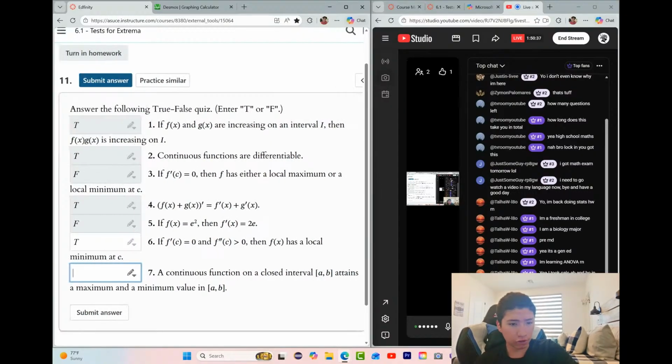A continuous function on a closed interval [a, b] attains a maximum and a minimum value in [a, b]. Attains a maximum, like in [a, b]. Oh, yeah, well, within the interval. I suppose so. I think I'm confident between these five right here, but